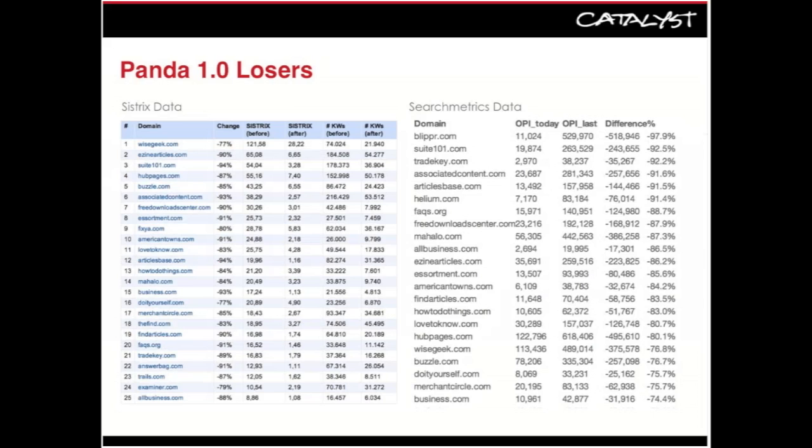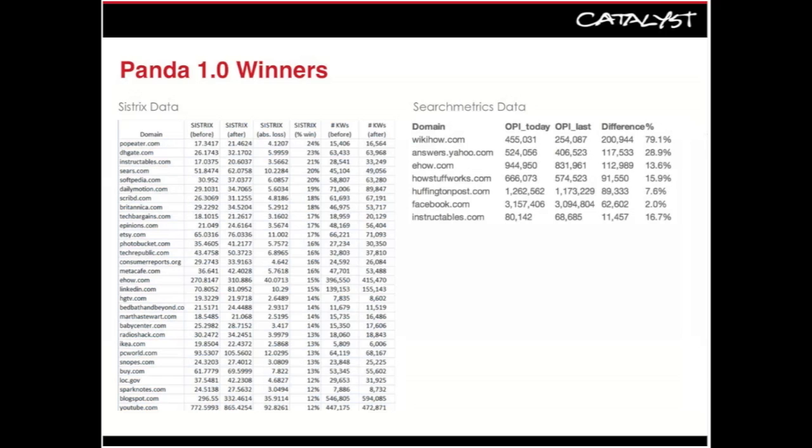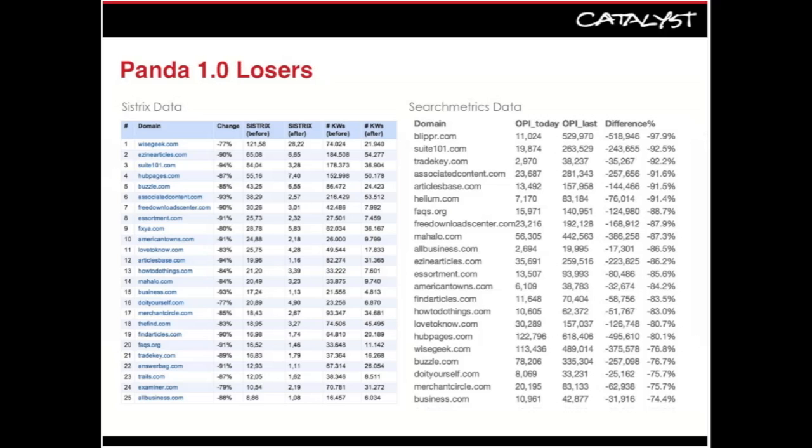Right off the bat, one thing that jumps out at me, let me go back a slide, is you can see that the winners have pretty strong brand names. And the losers, you've probably never heard of any of these. And this is a combination of independent links, reference queries, and implied links. Think of reference queries alone. No one is searching for suite101.com in their query. They don't care what Suite101 is. They don't know what that is.